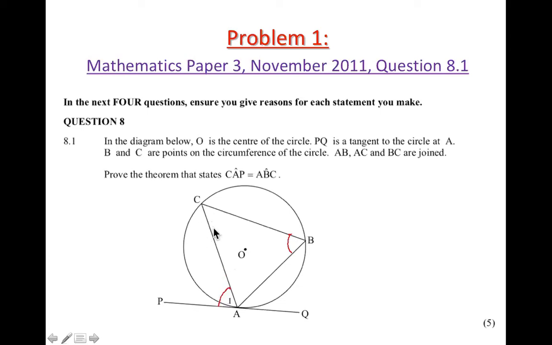Now, to prove, we need to construct. So the first thing we need to say is to construct some lines. What lines are we going to construct now? We have to construct a diameter. So we will say construct, okay? Construct diameter, and the diameter, you need to name it yourself, okay? You need to name the diameter yourself. So if, for example, we are trying to construct a diameter, what we need to do is to ensure that your